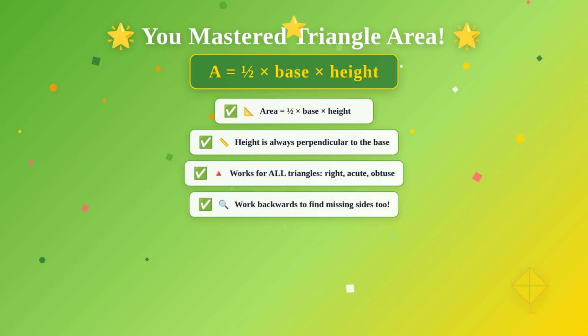Remember when Maya was staring at her worksheet, totally stuck? Look at her now. She's calculated kite fabric, garden patches, and even worked backwards to find a missing height. Here's your quick recap. Area of a triangle equals 1/2 times base times height. The height is always the perpendicular distance. Look for that right angle marker. This formula works for every type of triangle: right, acute, obtuse, every single one. Practice this a few times and you'll solve these problems in seconds. You've totally got this. Now go build some